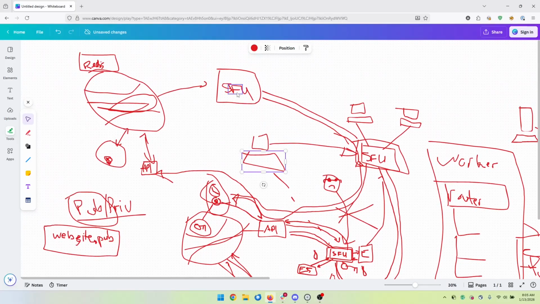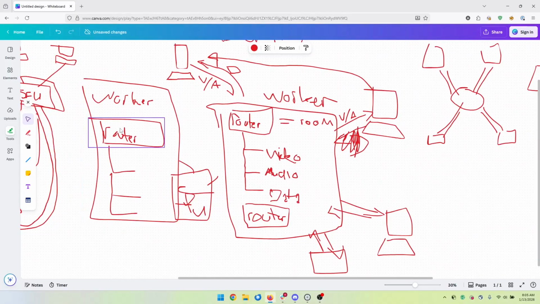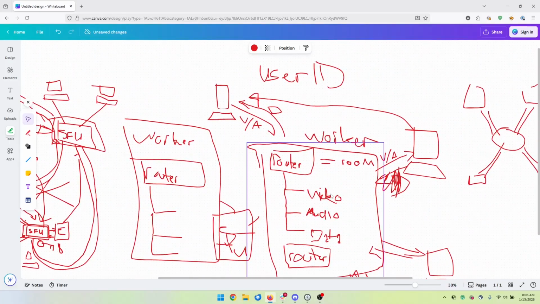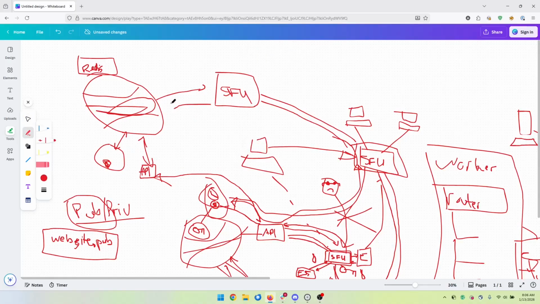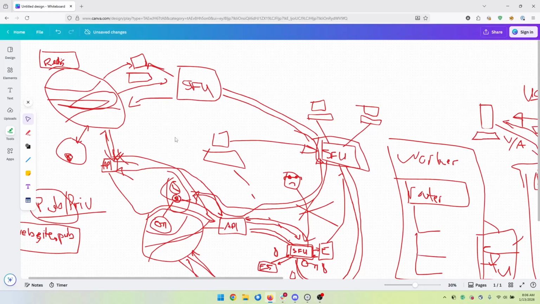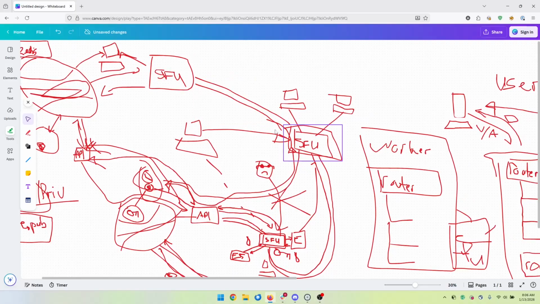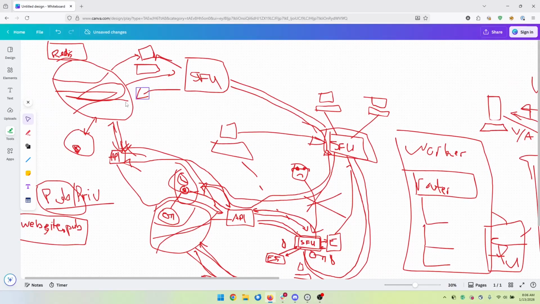And if he needs more data about the rooms, he has access to the ID numbers for the rooms, and he can ask for them through the API and then give them to his client, so that this way his client can securely authenticate. He can authenticate to his own SFU,